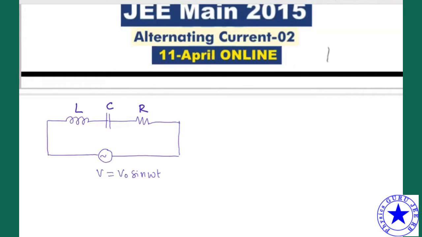Initially, the current is leading the applied voltage. As initially the current is leading, I can write XC greater than XL. Here, current leads the applied voltage, I leads the applied voltage V. Or we can say that 1 by omega C is greater than omega L. Okay, this is case 1.